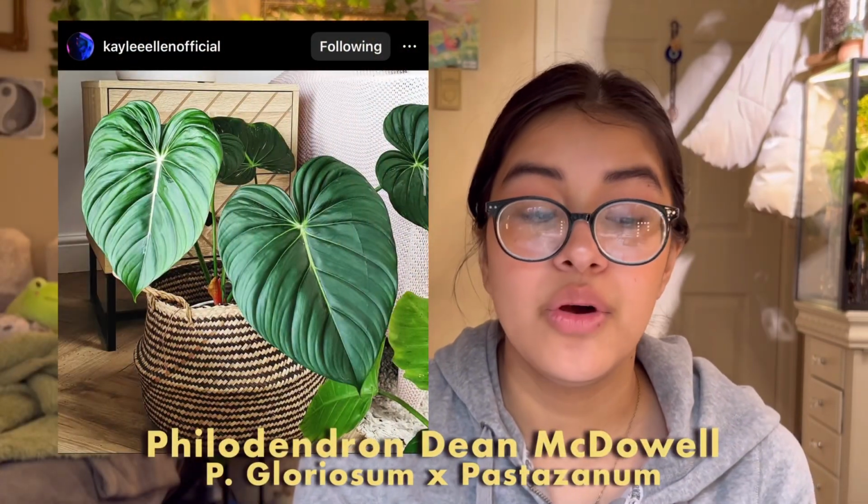Oh my goodness, I love this plant, and I definitely hope to own it one day. Another plant on this list is the Philodendron McDowell, which